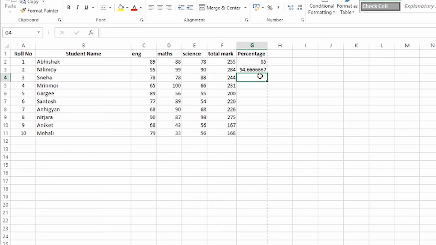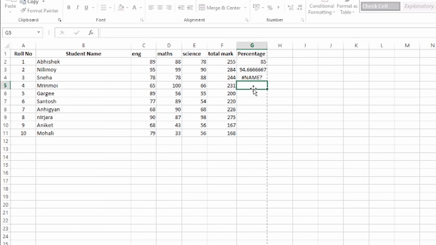After that, for the third one, again I will give equal to. This time what will be the cell value for this one? 244. It will be F, and then the row number 4, F4. So F4 divided by 300 into 100.